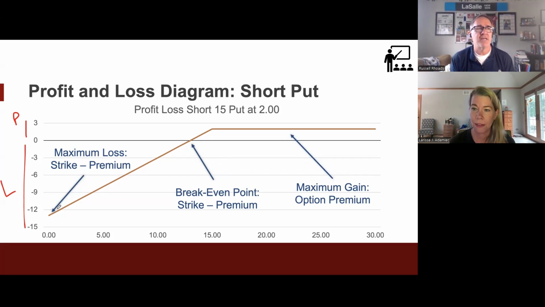So let's say this stock's trading at 17, and Buffett and Charlie, before he left Earth, run a bunch of numbers and decide that they would be buyers of the stock at 15. They would sell put options, and they wanted the stock price to come down. If the stock was below 15, they would be required to buy the shares at 15. So they're buying a stock that they find long term desirable at $15 a share. If the stock is not below 15 at expiration, or they don't get assigned on their obligation to buy the shares, they get to keep that income.